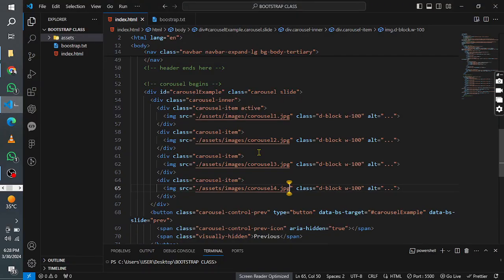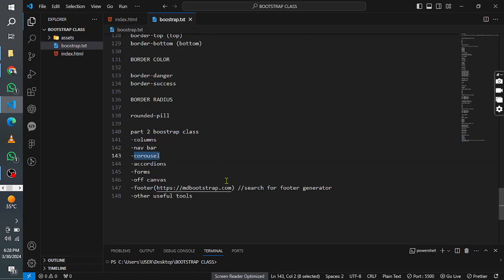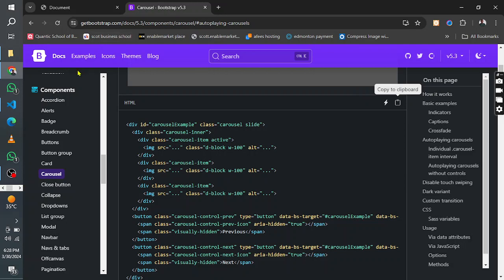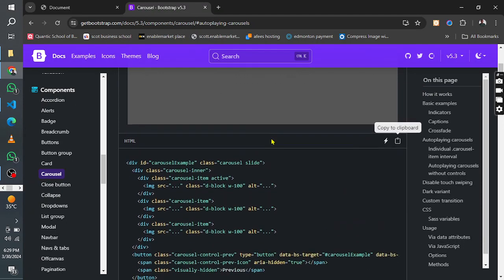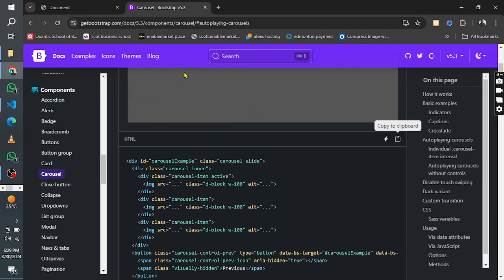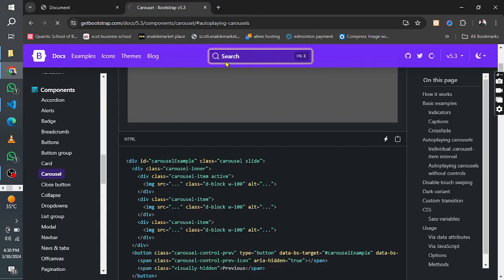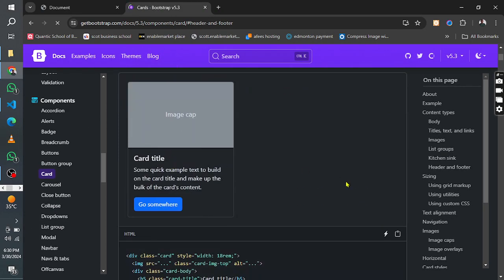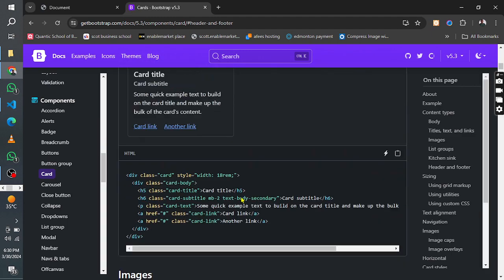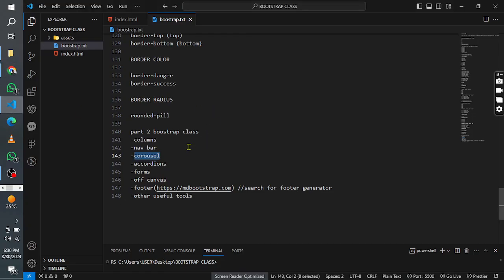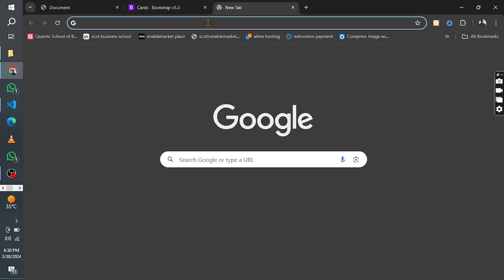And let's see how we can add a footer. Now in the official documentation in getbootstrap.com, like I was saying, Bootstrap does not have a footer. So if we were to search for footer here, we won't be getting a footer. Bootstrap does not have an official footer template, but I've indicated here in the txt file a certain website where we can get a Bootstrap template. We can build one ourselves, but to save time, we can go to this website,